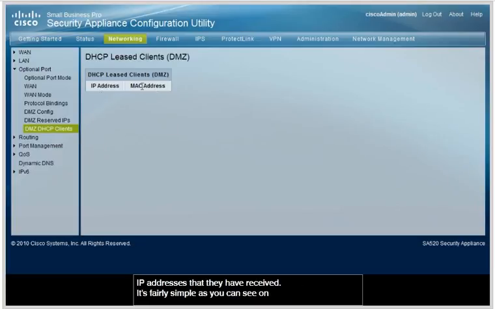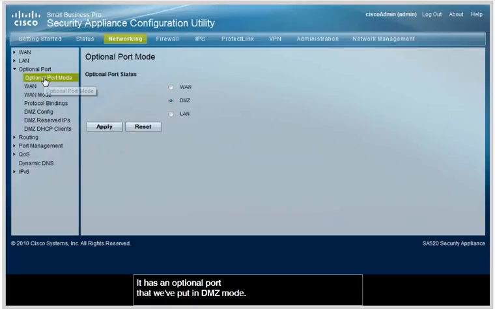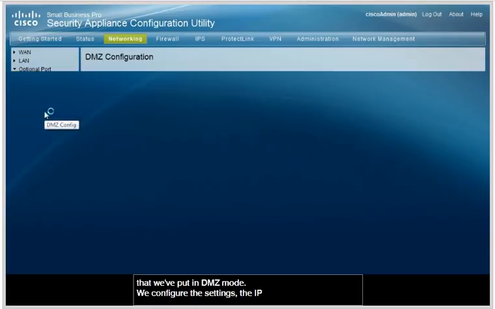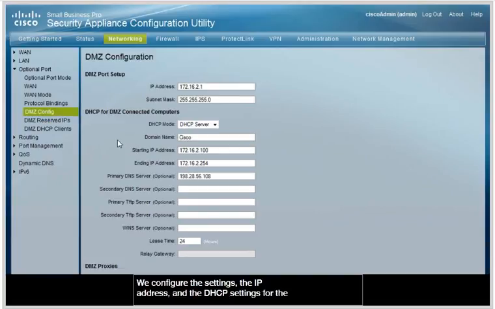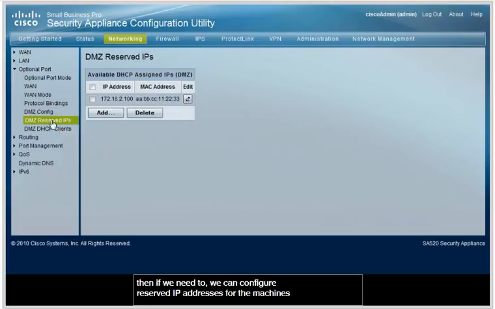So it's fairly simple, as you can see, on our security appliance to configure a DMZ because it's set up to do that. It has an optional port that we put in DMZ mode. We configure the settings, the IP address, and the DHCP settings for the optional port when it's in DMZ mode. And then if we need to, we can configure reserved IP addresses for the machines on that network. And as those machines connect and receive IP addresses,